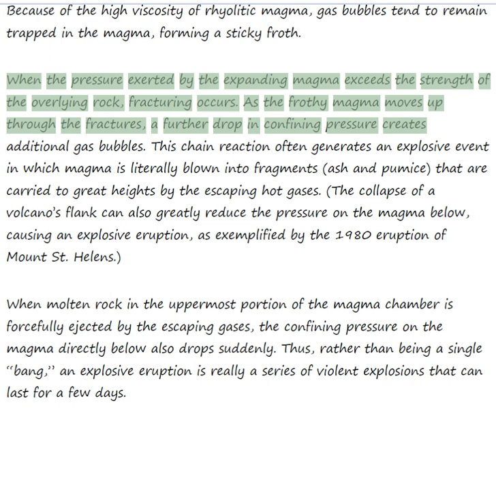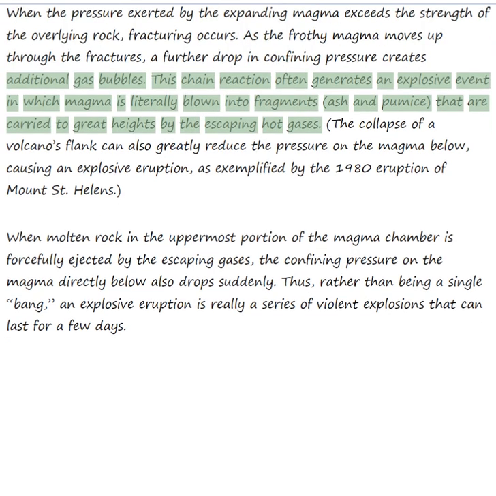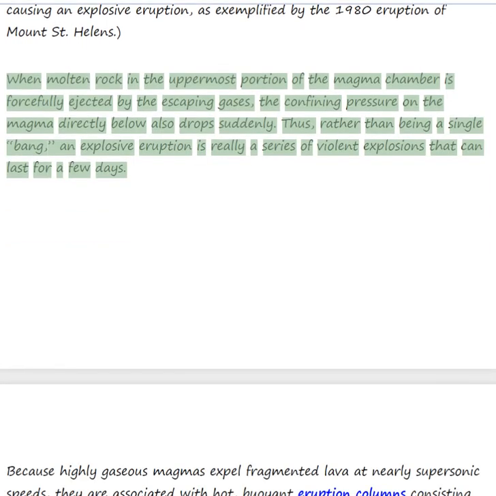As the frothy magma moves up through the fractures, a further drop in confining pressure creates additional gas bubbles. This chain reaction often generates an explosive event in which magma is literally blown into fragments that are carried to great heights by the escaping hot gases. When molten rock in the uppermost portion of the magma chamber is forcefully ejected by the escaping gases, the confining pressure on the magma directly below also drops suddenly. Thus, rather than being a single bang, an explosive eruption is really a series of violent explosions that can last